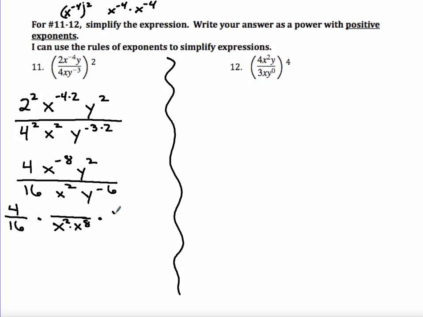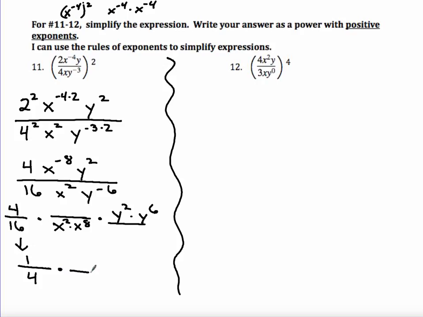Okay? Now, same with the y term. I've got my y squared, which is a positive exponent, so it's staying put on the top. But then when I look at my other y term, it's a negative in the denominator. I'm going to move that to the top and make it positive. So when I go on and simplify my fraction here, I've got 1/4